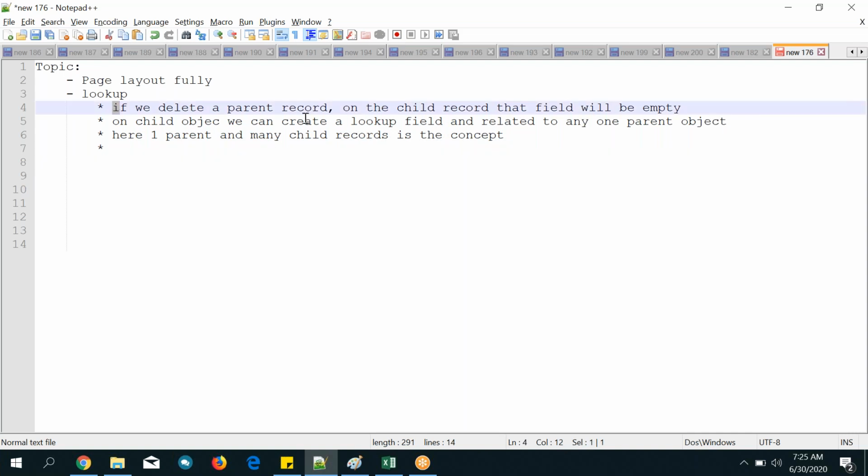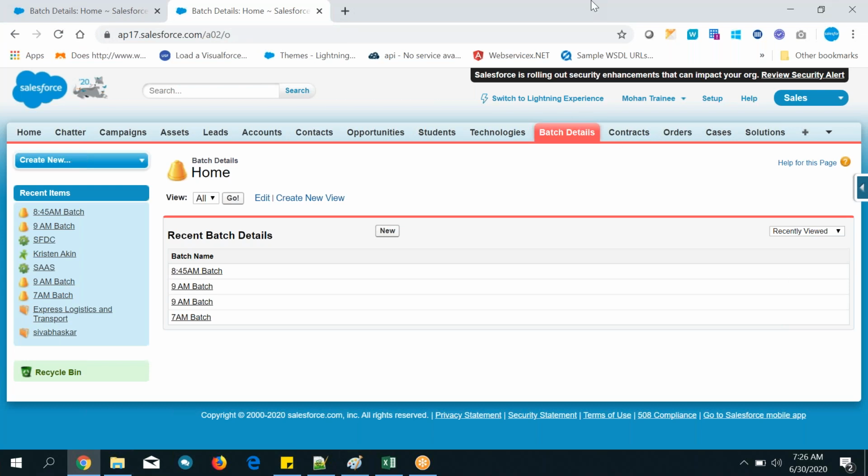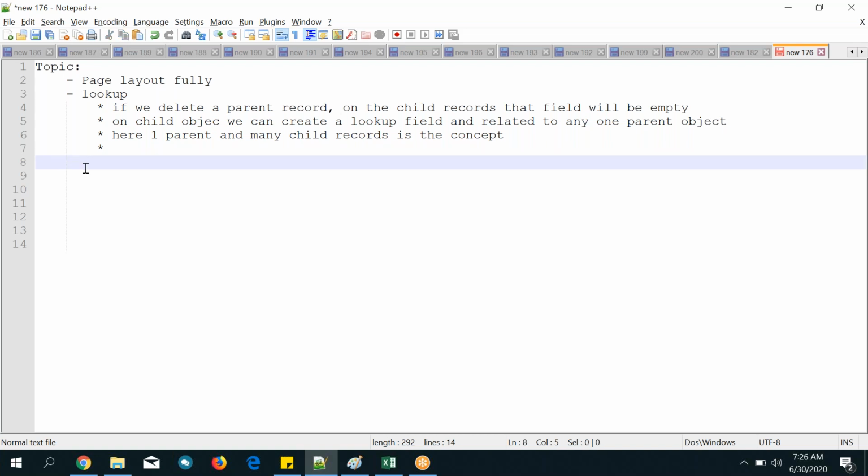And if you delete a parent record, on the child records that field will be empty. That's it. So these are the 3 points you need to remember. Apart from this, nothing is there. Okay, any questions?